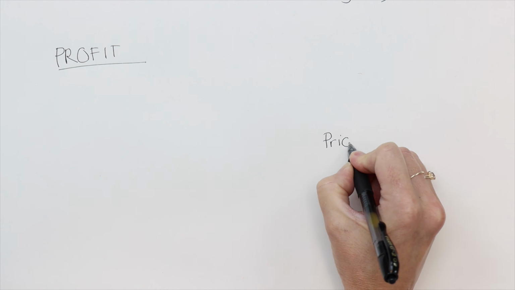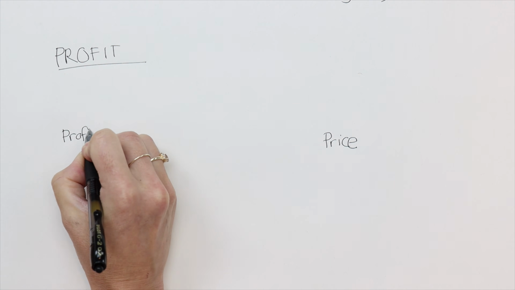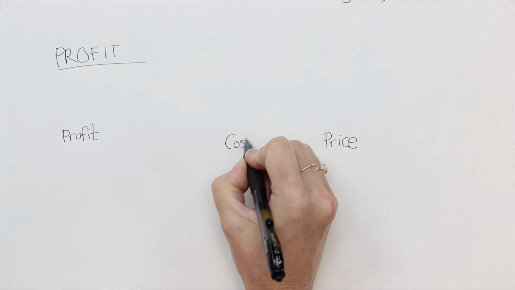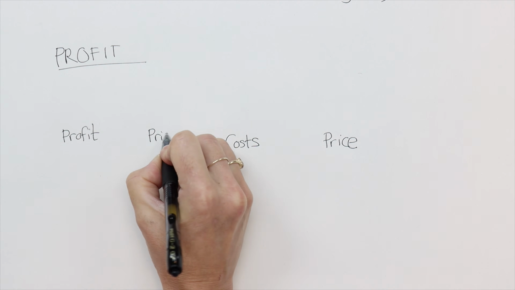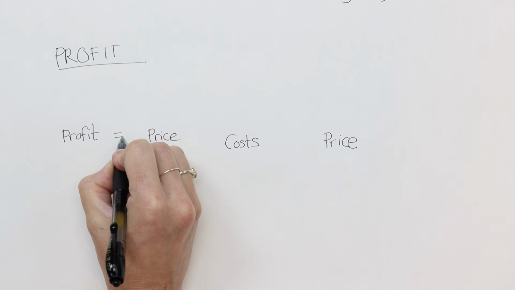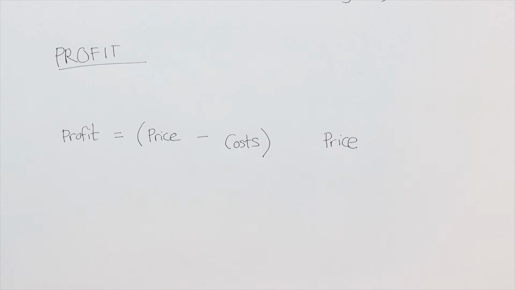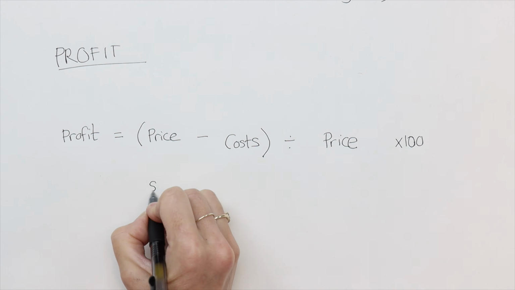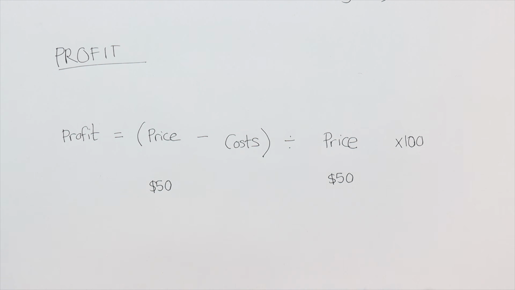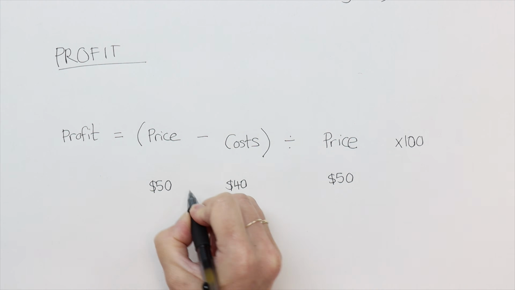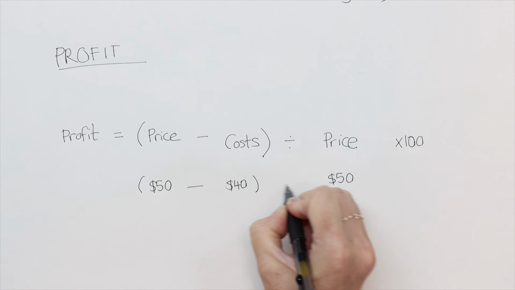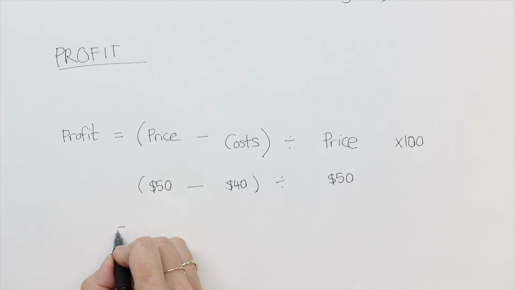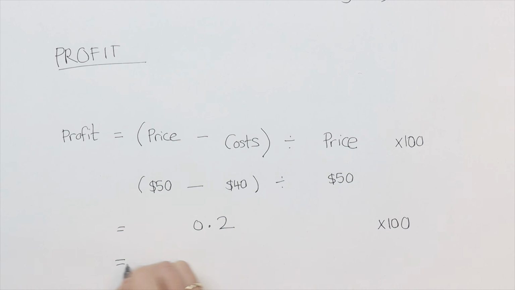Okay, here come the mathematics. If you've already set your prices, you can calculate what your current profit margin is by using the costs you've already calculated and the prices you've already set. Your profit is the price minus your costs, divided by your price, times 100 to make it a percentage. So if your cake price is $50 and it costs you $40 to make that cake, your profit is 50 minus 40, which is 10, divided by your price, $50, which is 0.2, times 100 to make a percentage, 20%